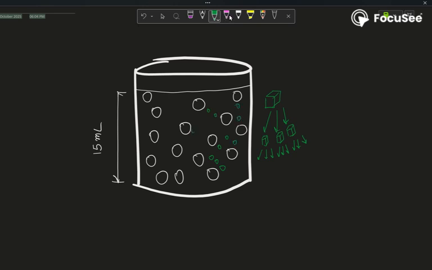That is, the molecules of the liquid, the particles of the liquid, the sugar goes in between them and dissolves, and this eventually makes the liquid not experience any rise in its volume. So the volume remains the same. Why? Because sugar is getting accommodated in the interparticle space of the particles of this liquid.